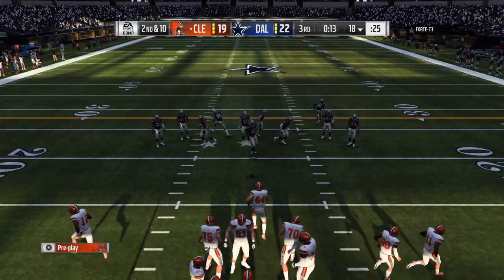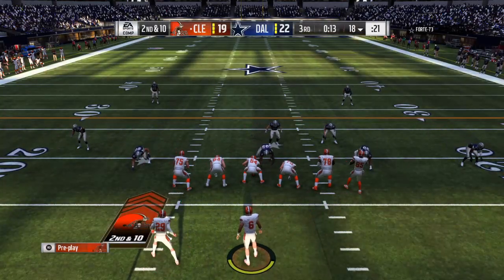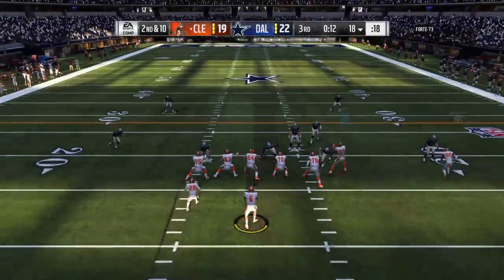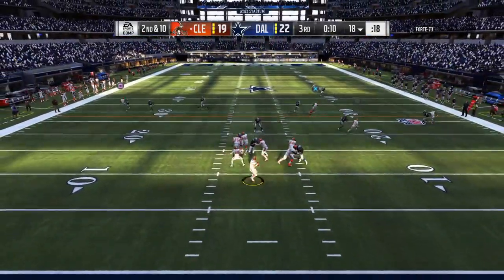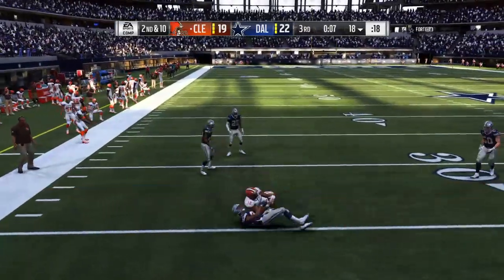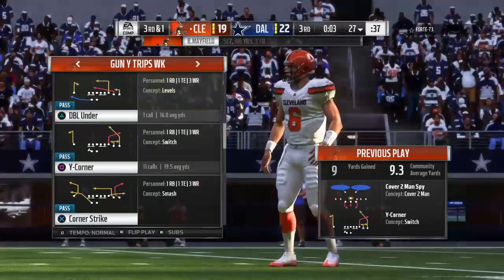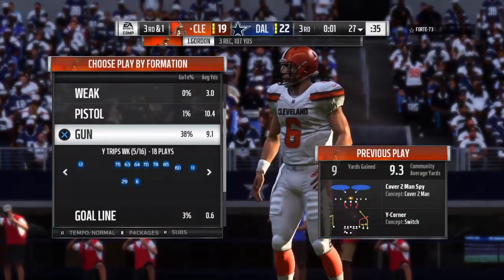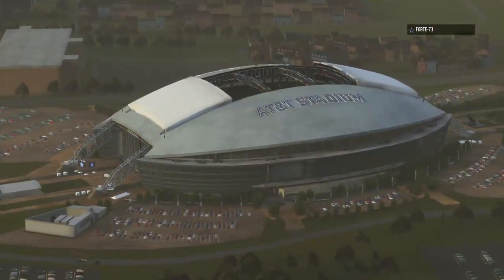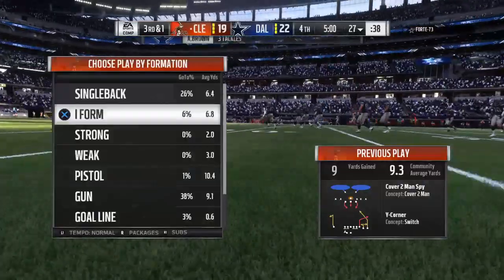So now 2nd and 10 after the incompletion on 1st down. A 2nd down throw for Mayfield. Throw inside complete. It's Gordon. And they'll bring him down at the 27-yard line. And they'll get 9 there as that sets him up better for 3rd down. Tell you what, he's been able to put the ball in some tight spots all game long. That throw, no different. Yeah, a lot of people...